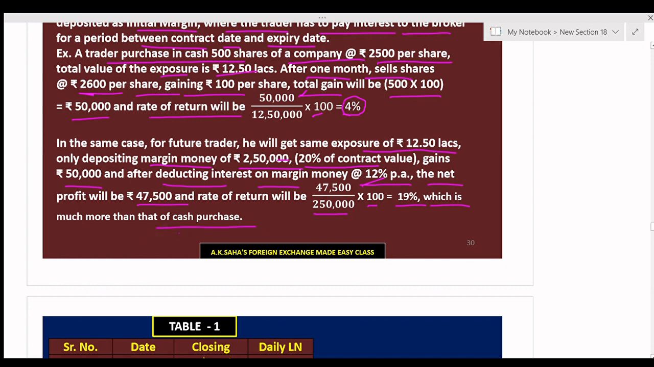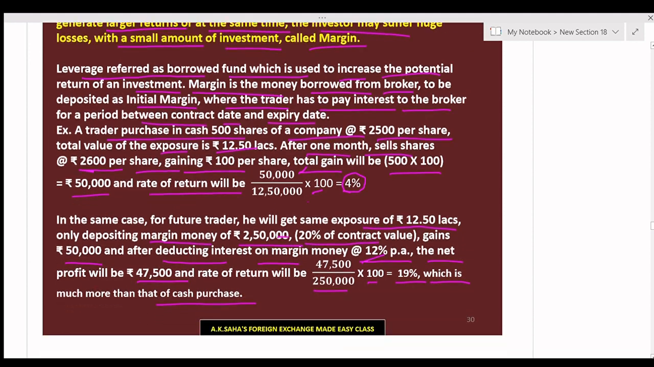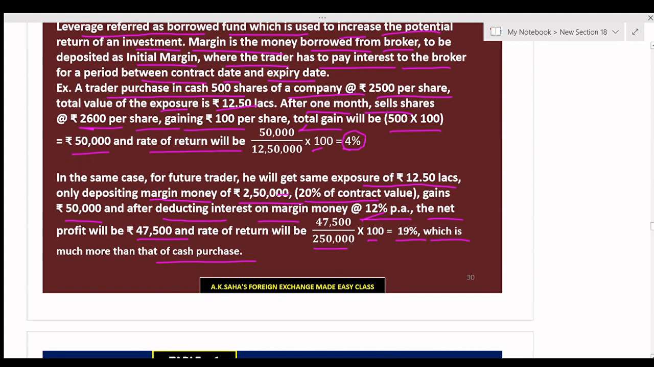Here you see the investment is 20% of the investment of the cash trader, and the rate of return is 19%, whereas the cash trader earns 4%. So the profit is higher. That is, the statement said which has the potential to generate larger returns, and at the same time the investor may suffer huge losses. Now come, if the price comes down to 2,400 instead of 2,600,